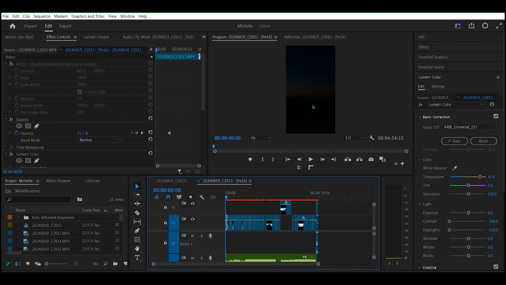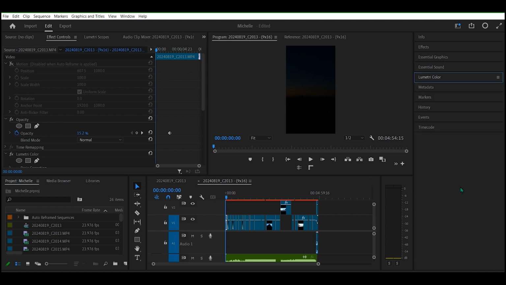Now, see how it turns it vertical. And over here, usually on the right, let me click off of this. Usually there's a little blue bar. Oh, here it is. It's kind of cut off below my screen recording, but it says analyzing for auto reframe, and you can see this blue bar. Once this blue bar reaches all the way to right here, then it'll be good to go. Don't try and play it right now, because it gets real choppy, and it kind of slows it down. So wait till it's fully